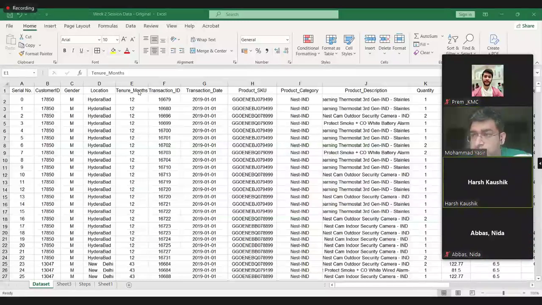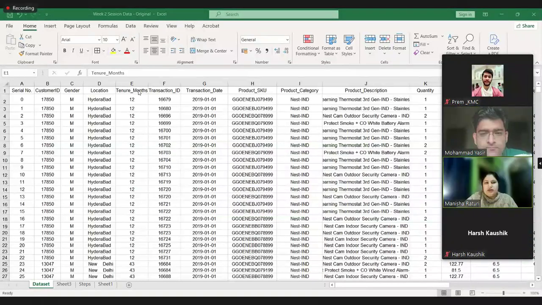Time since customer is registered with the website. Time in months. Okay, very good. That is the exact answer. It is the difference between today's date and the time the user registered with the platform the first time, right? In some cases, people track the difference between today's date and the time the user transacted for the first time.